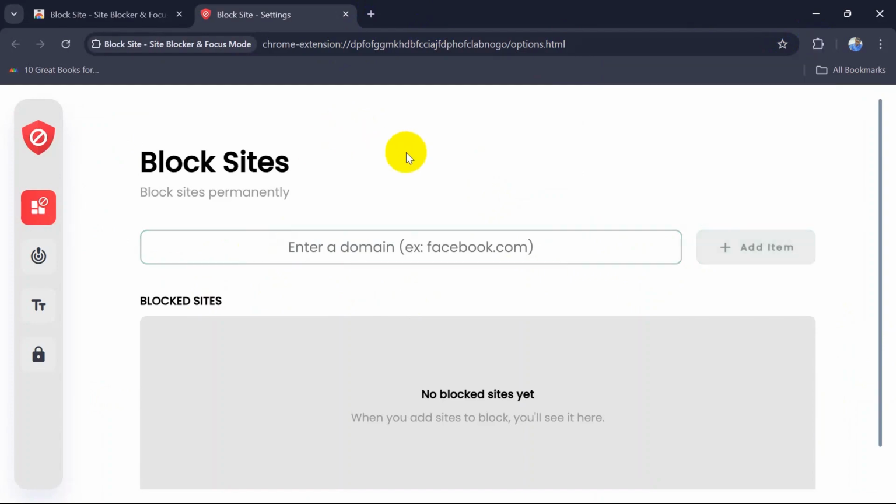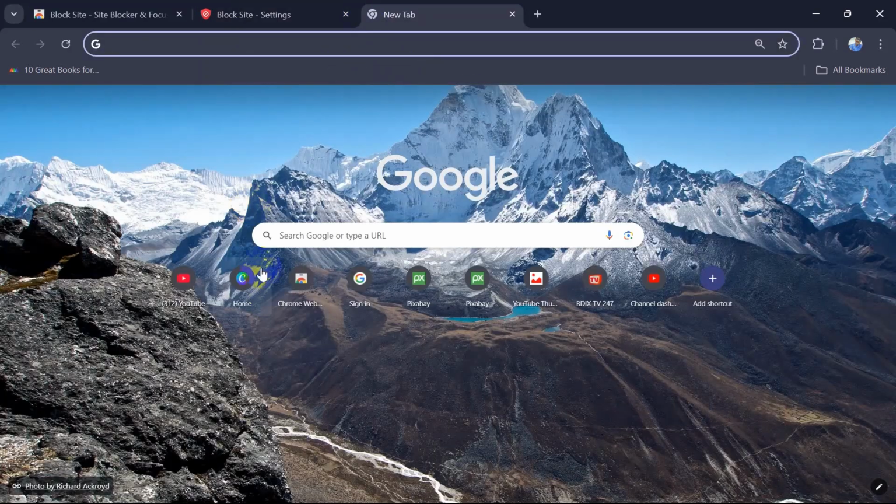So what we can do over here, we can simply copy the domain and then paste it over here, and we can click on Add item. By this you can block any website very easily. So I was going to show you. If I go for a new tab and go for YouTube,